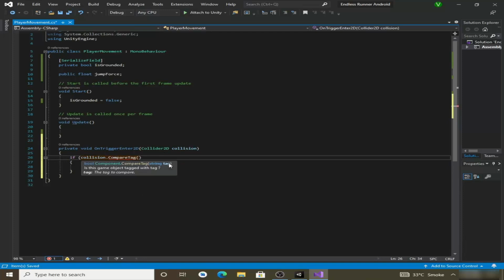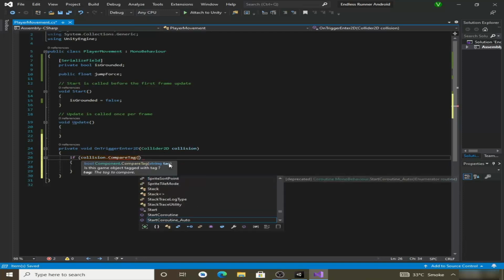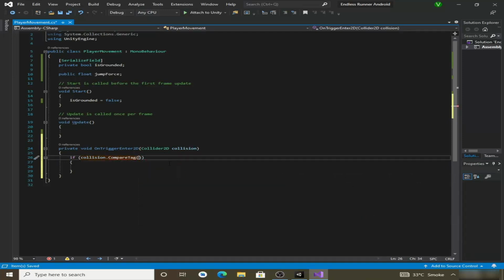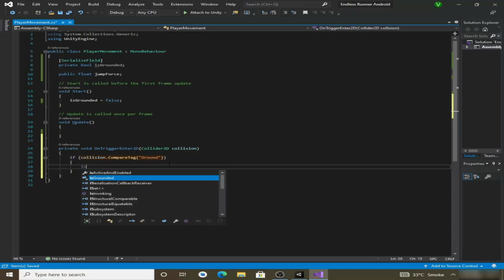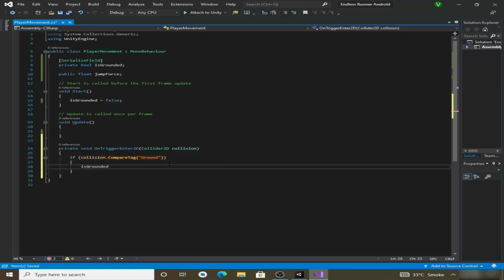So if our player collides with the game object with the ground tag, then we will make isGrounded equals true,